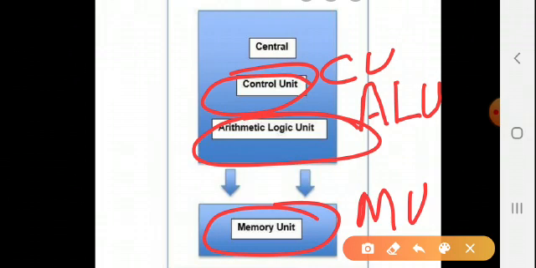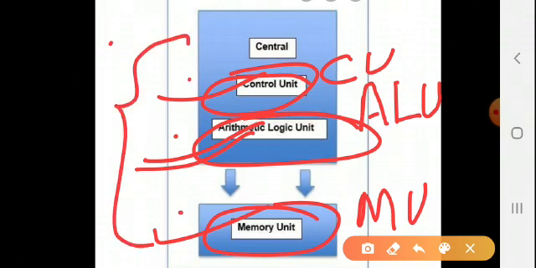So this is used to do calculations, this controls the actions, and this is used to store the data. First calculations we do, then control, and then store. So these are the three main parts of the CPU of the processing device.